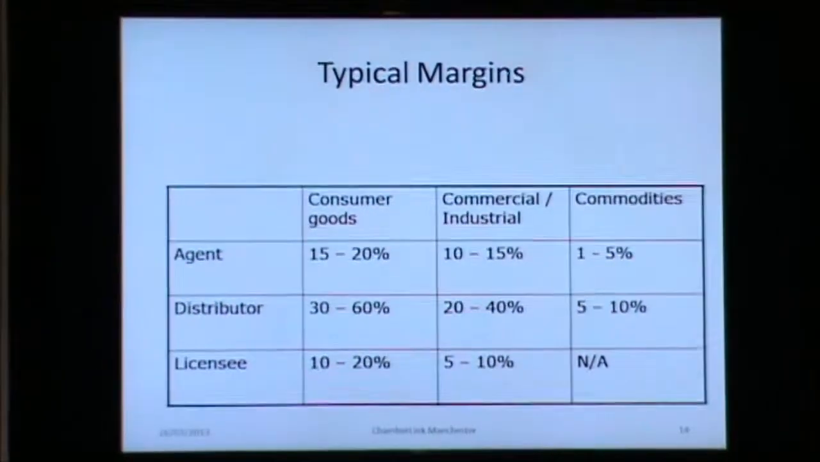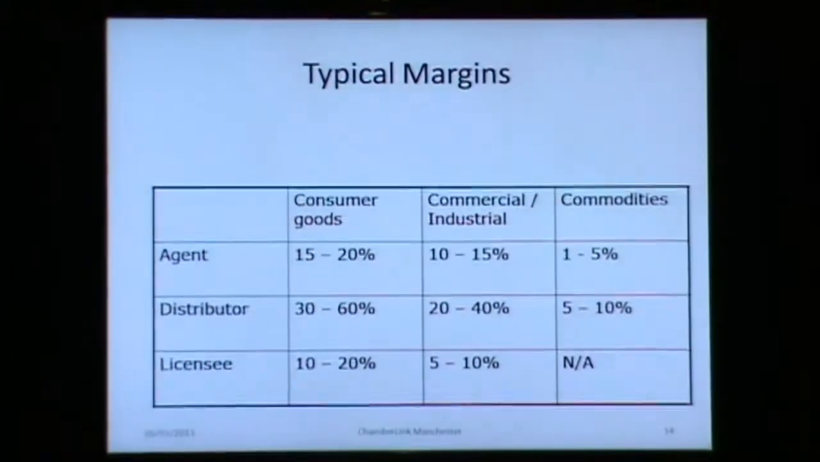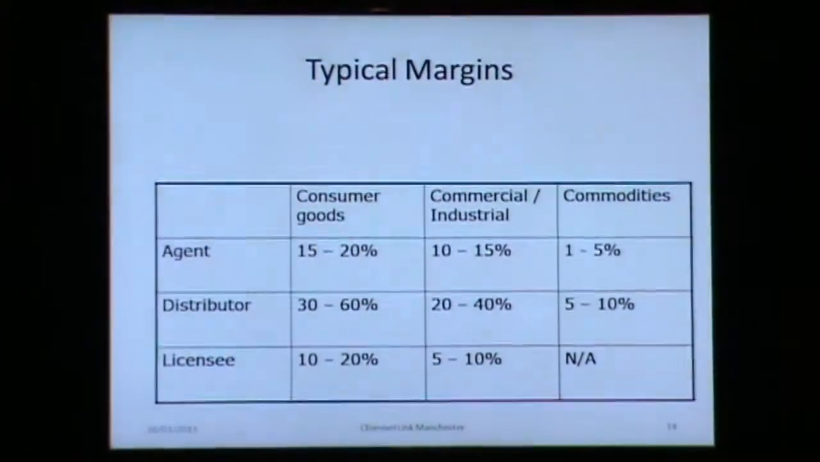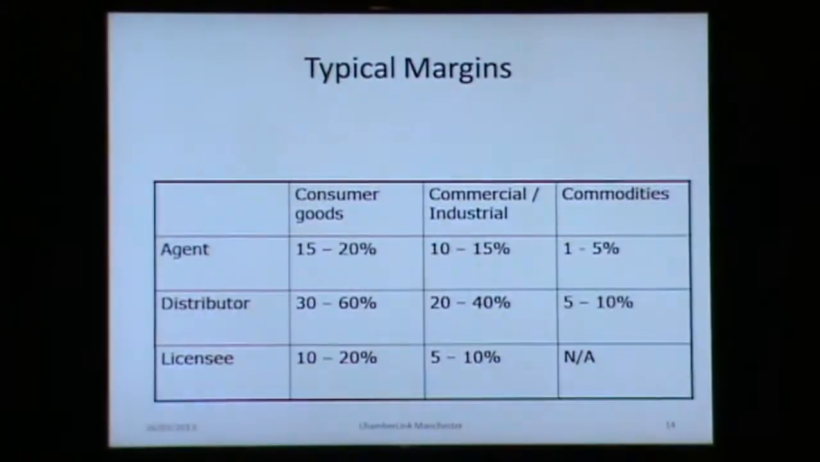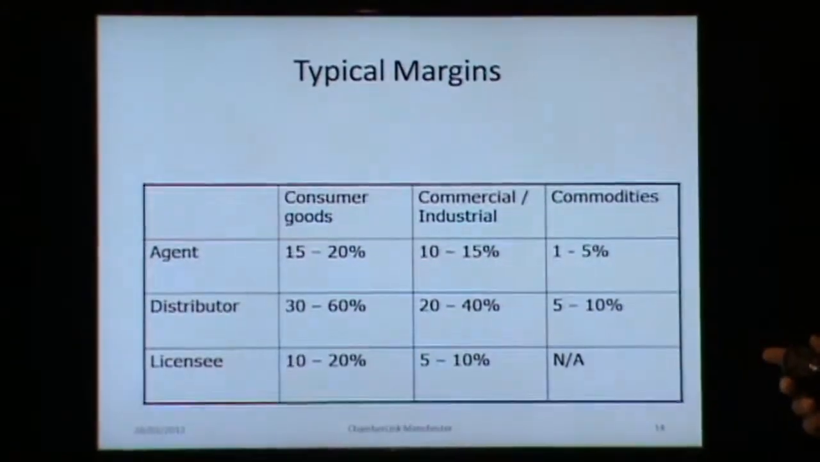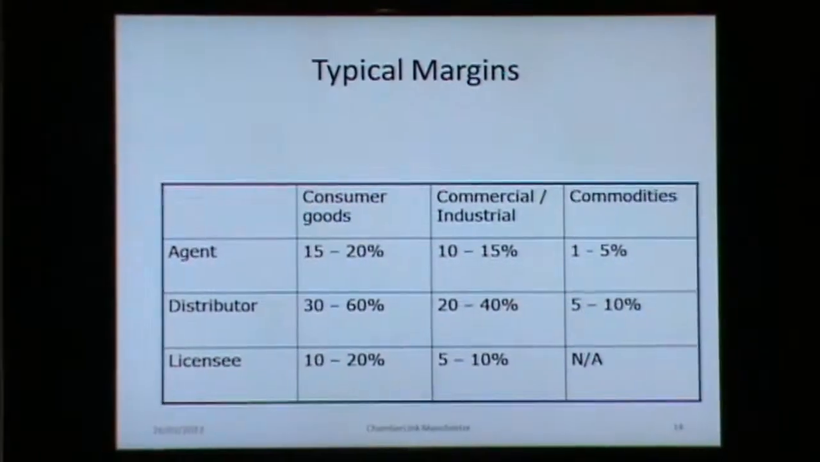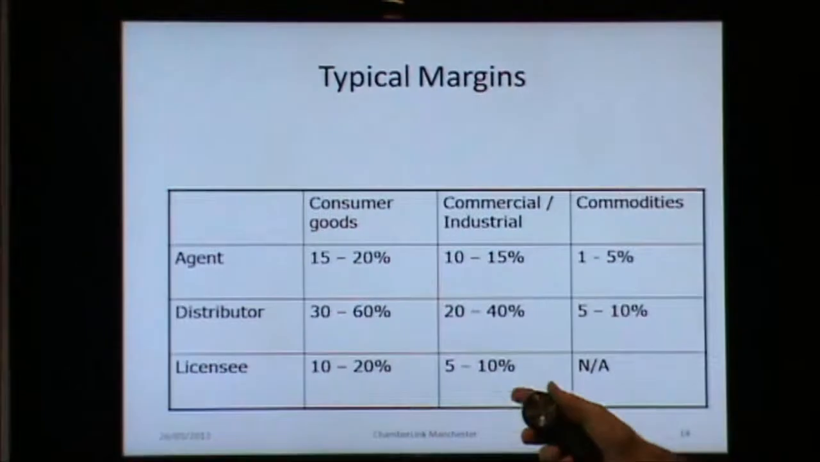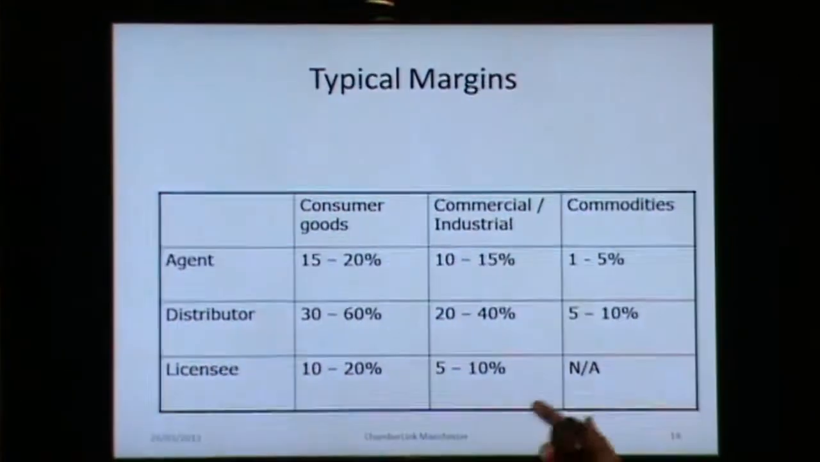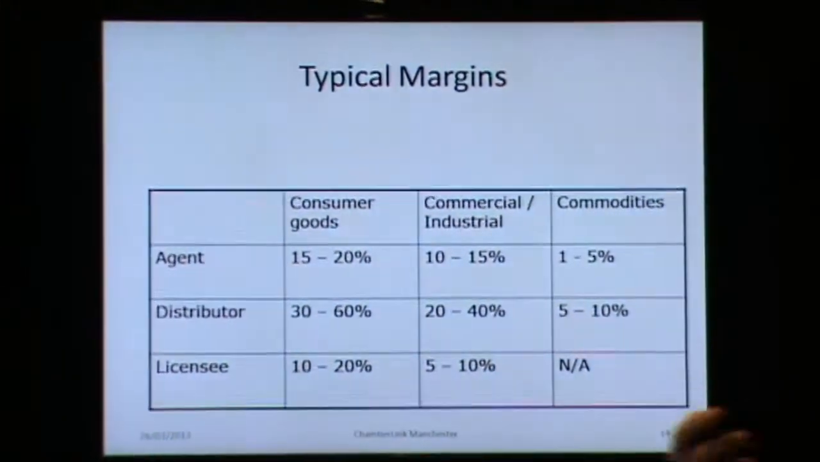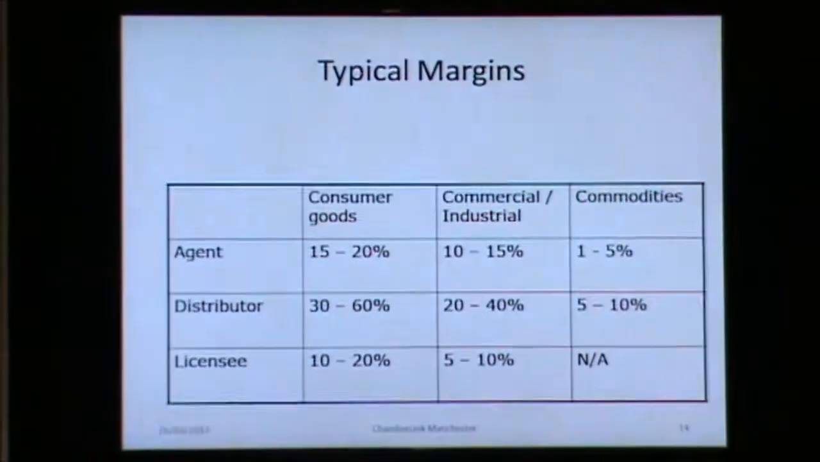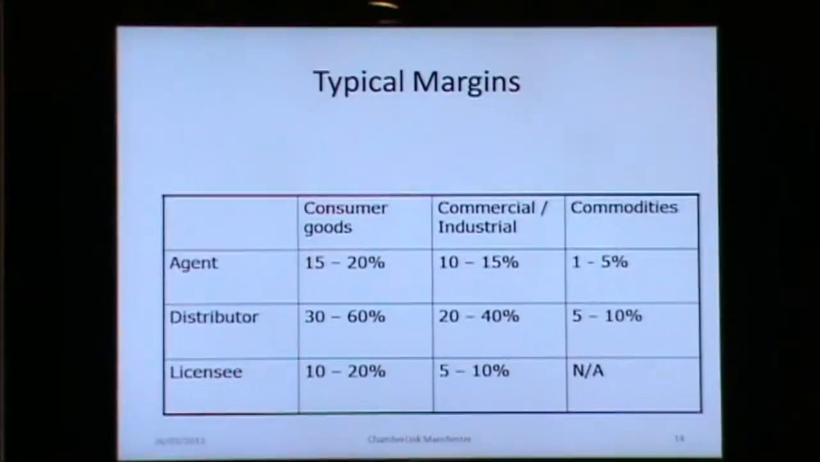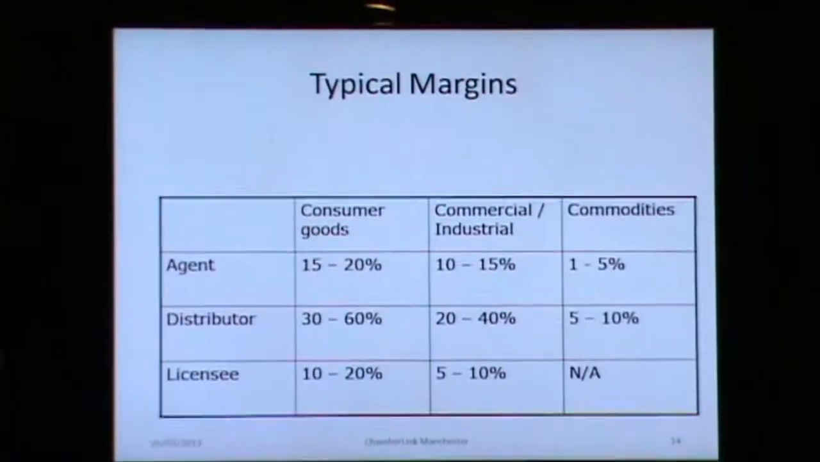So if you were an agent selling iron ore or steel, you'd be very happy to get 1% of 100,000 tonnes of oil. Distributors typically want double, because they've got to hold stock and they've got to take credit risk. Licensees, a bit less, but they're taking all the risk, they're doing all the work, whereas if you're licensing something like a patent or a trademark or some know-how, you're just collecting the money, so clearly